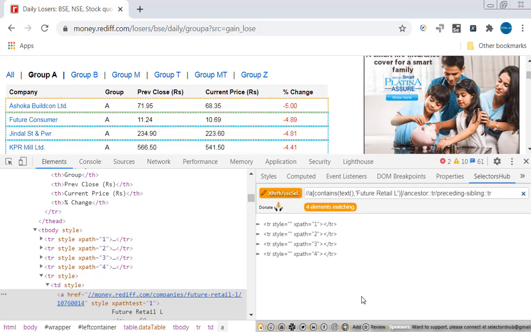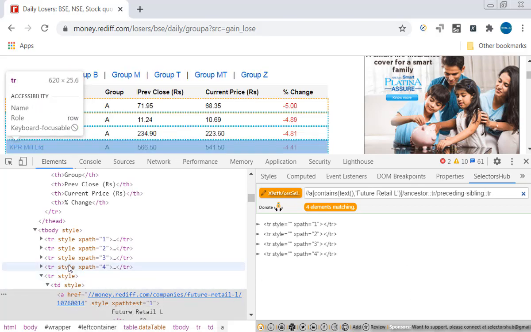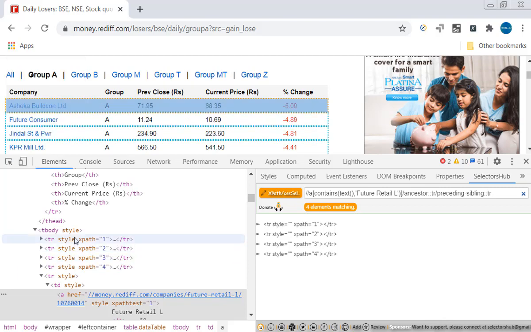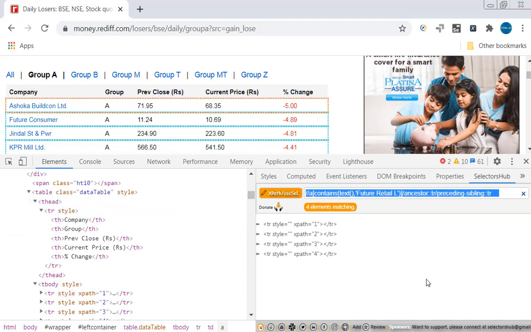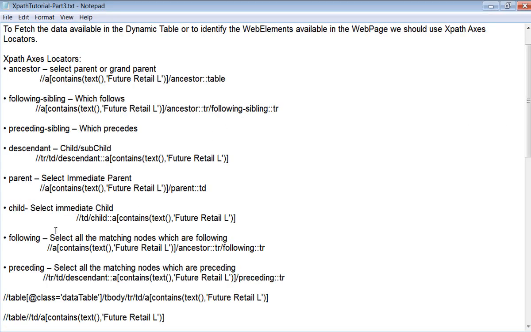Okay, you take this XPath. First I am identifying the anchor tag, which contains text. Then I am identifying the ancestor, which is table row. For the table row, all the rows which are coming before that will be into consideration. Means for this table row, 1, 2, 3, 4 are preceding siblings. But if you give preceding, this table row, which is available in the table head, also will be selected. Okay, let me copy this and put it here as an example for preceding sibling.